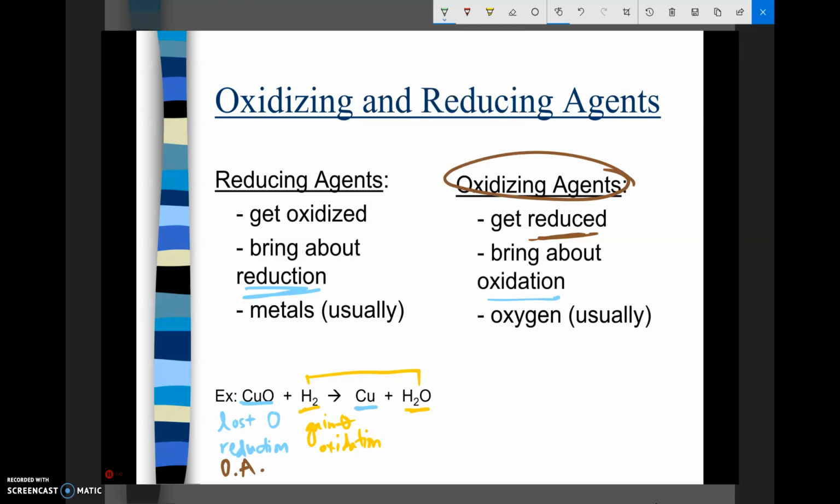Since this one is oxidation, that's the reducing agent. So I'm just going to put RA. So notice how they're just opposite. Okay, so in this case, the copper